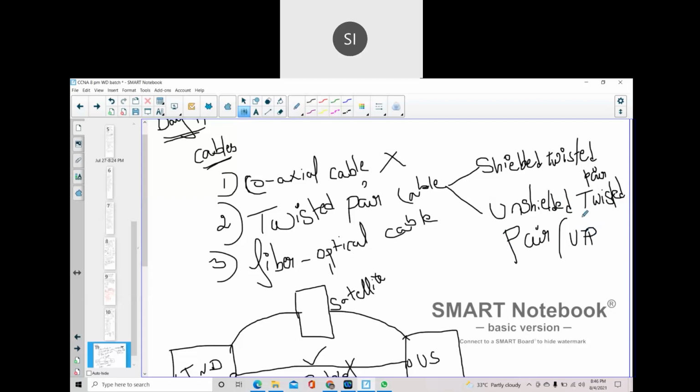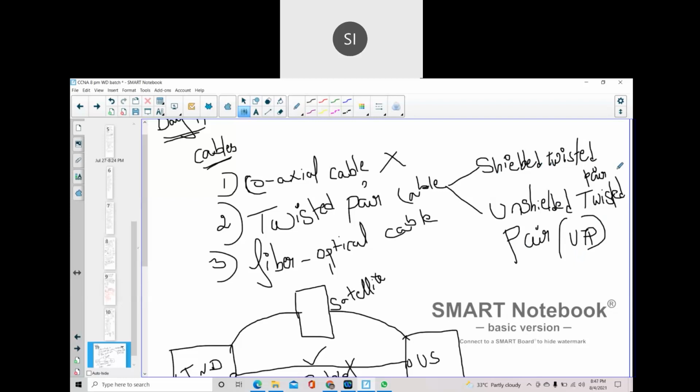So this is our LAN cable. The exact technical name is UTP cable. As a technical person, if you want to buy a LAN cable, you have to ask, I need a UTP cable, because LAN cable or Ethernet cable is a common name. If you are a network admin or a technical person, you ask for a UTP cable. So what we are using nowadays is only the UTP cable.